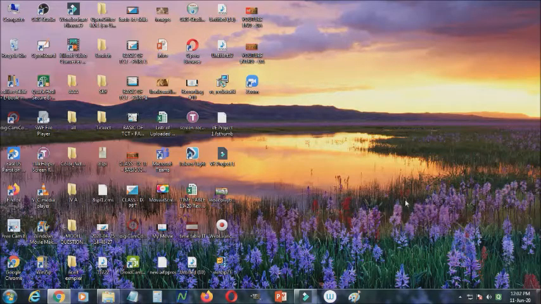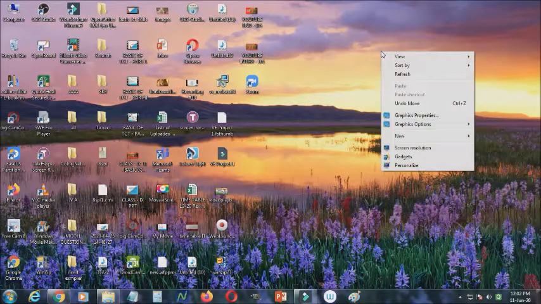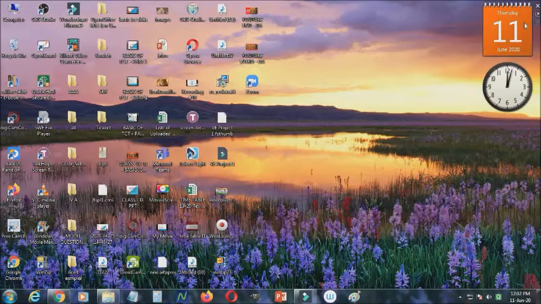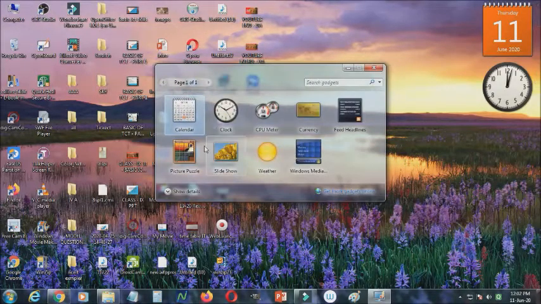To create gadgets, just right click the mouse and here you can get the option gadgets. Just click that. You will get some options available here: calendar, clock, CPU meter, currency, feed headlines, picture puzzle, slideshow, weather.